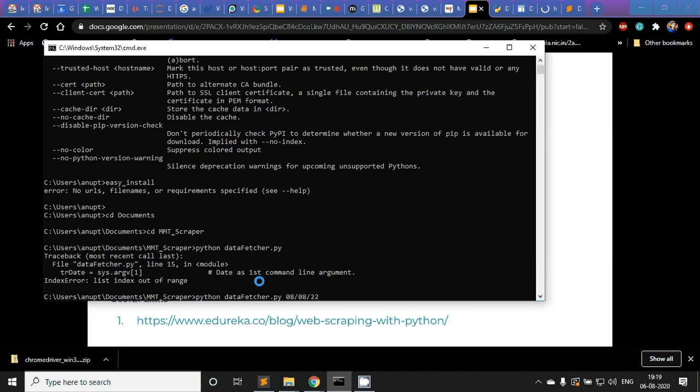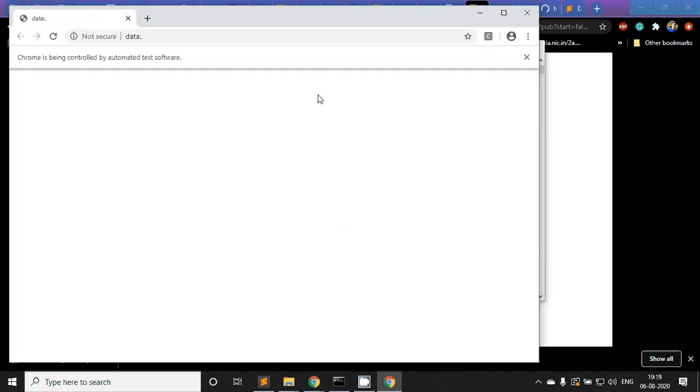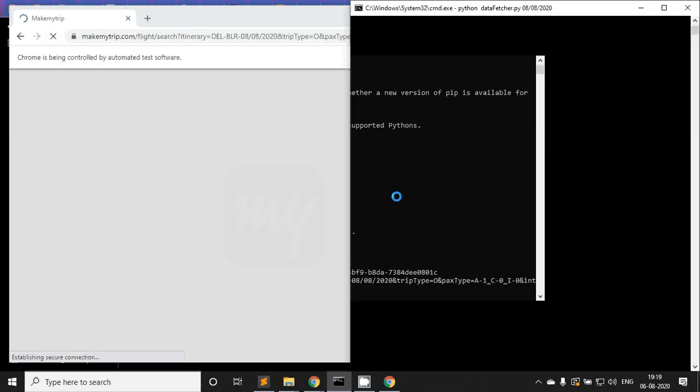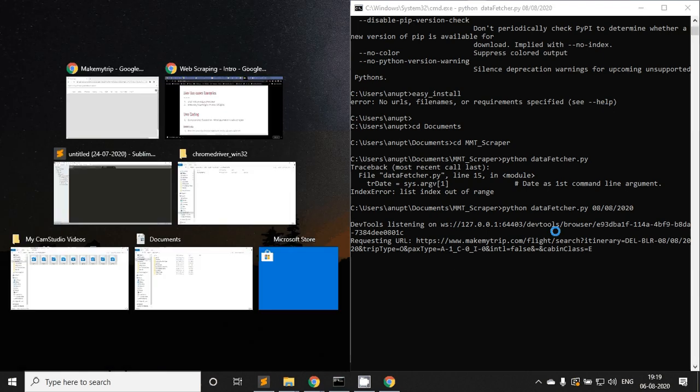So I have just run a simple web scraper, which is a MakeMyTrip web scraper. What it does is it simply fetches the prices data from this website. Here we can see that it is doing some interaction which is not done by me.